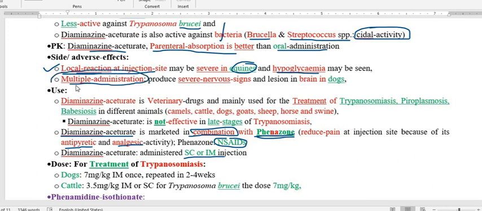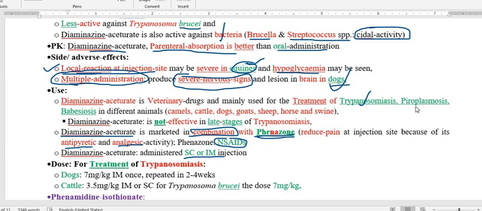When we administer diaminogen aceturate in dogs as multiple administration, it will produce severe nervous signs. So here we have seen equine and dog. Be cautious to use it in equine, because of the local reaction and the hypoglycemia. In dog, it produces the nervous sign. So this is about the side effects associated with the diaminogen